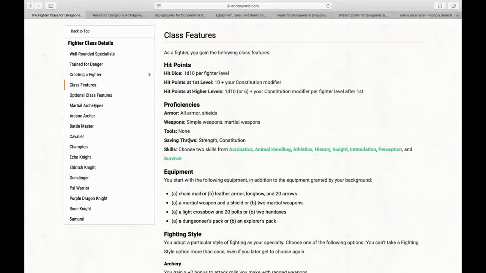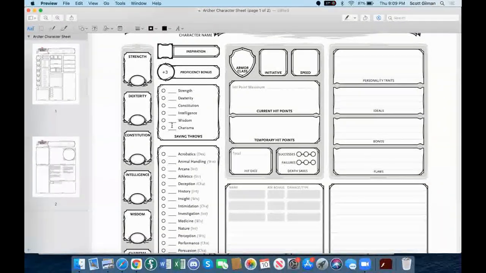But you see these, the saving throws, strength and constitution. Now, saving throws, which are in the upper left corner near the statistics, represent certain defensive abilities that you have, and they are defensive abilities against effects. If you are in combat or in a dangerous situation, there are two kinds of things that can generally happen to you. Either an enemy can swing a giant sword or fire an arrow at you or so forth,